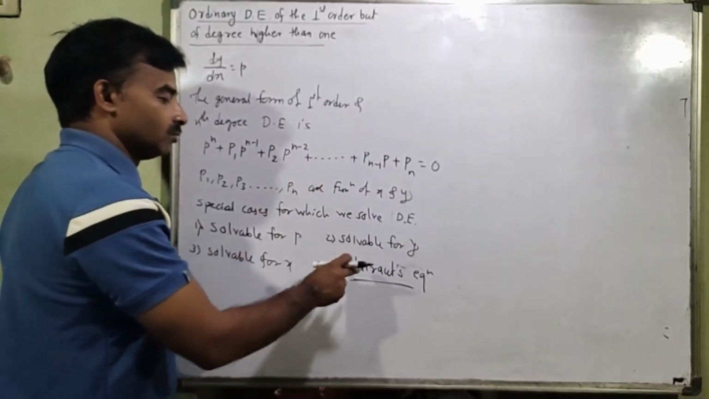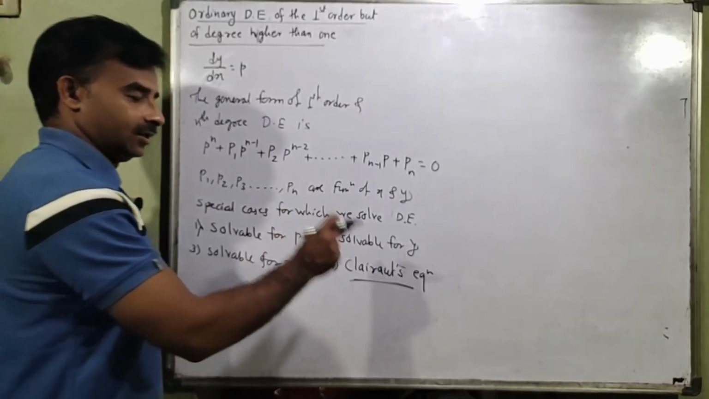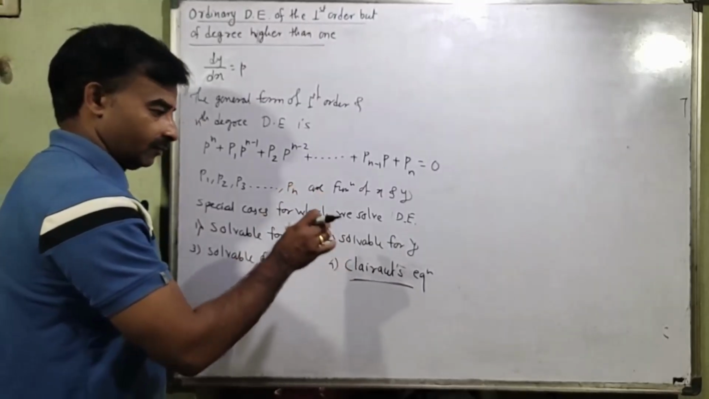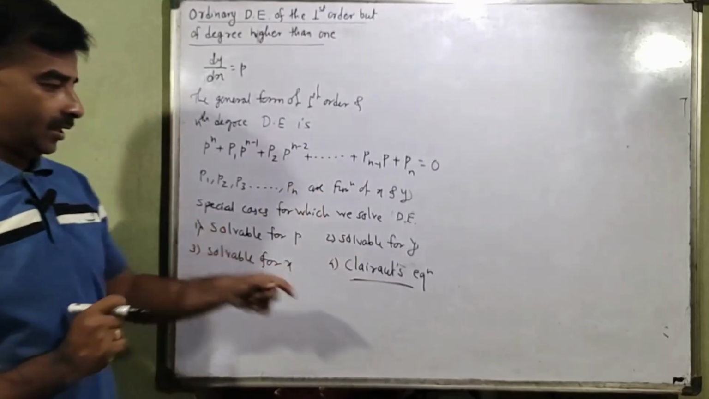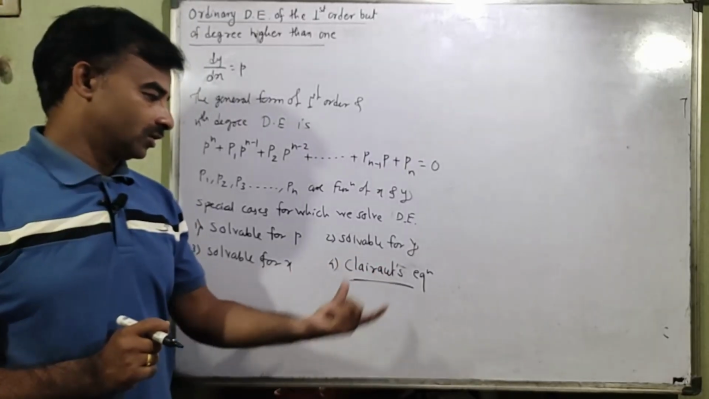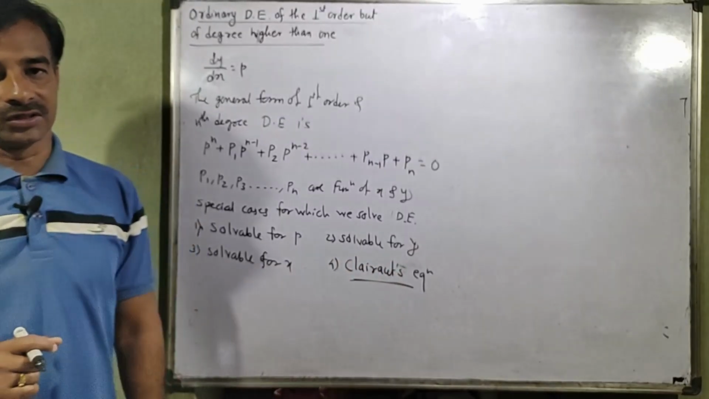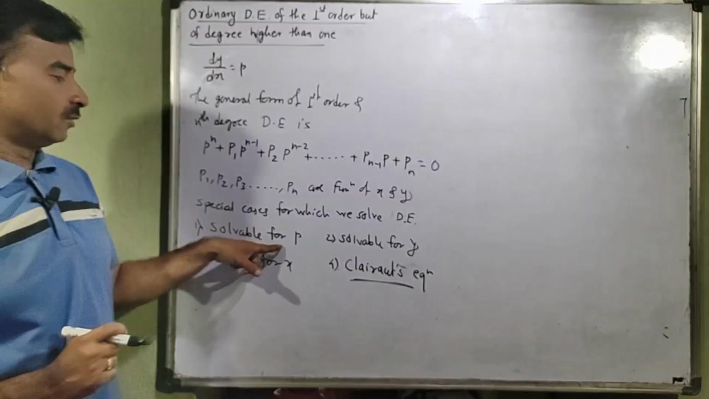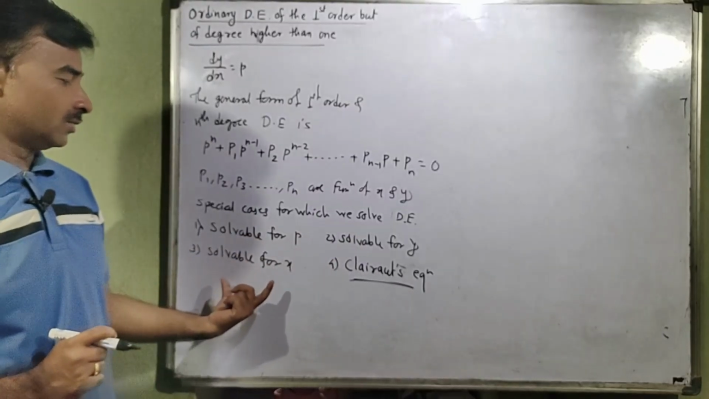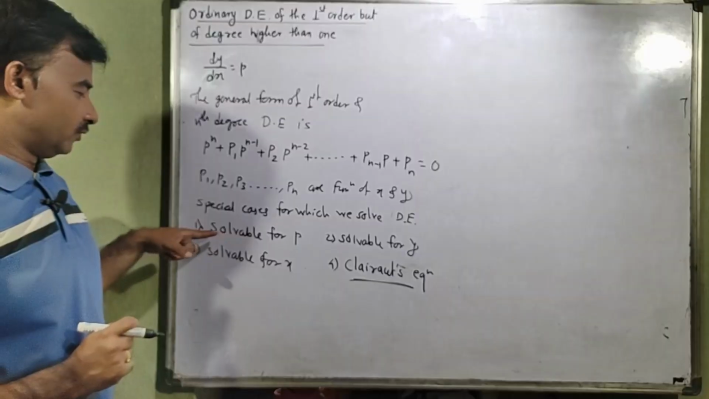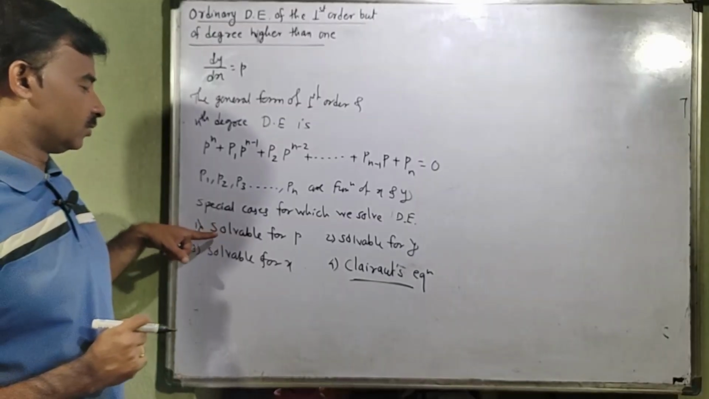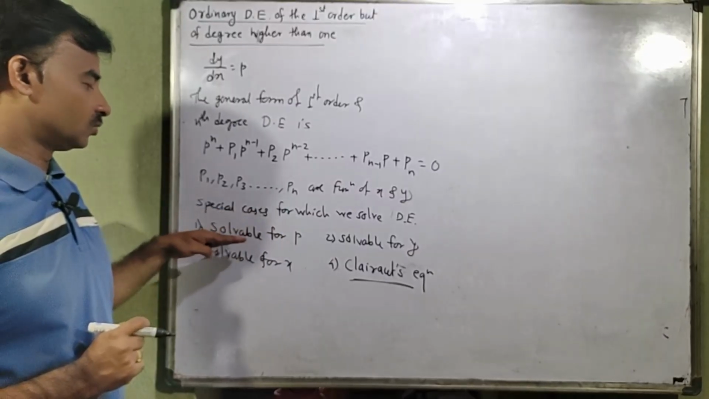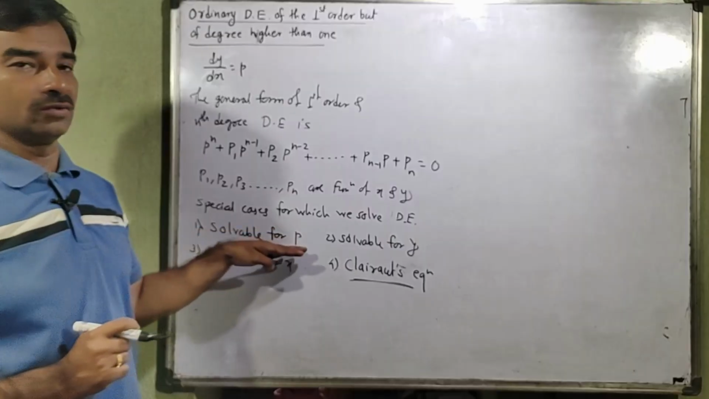having more importance in the MPSC and UPSC maths optional paper number 1. Okay, and we are mostly concentrating on that Clairaut equation. Okay, so we are going with solvable for P, solvable for Y, solvable for X, and so on. First of all, we think about the solvable for P and how to solve the equation and how to solve examples related with the solvable for P